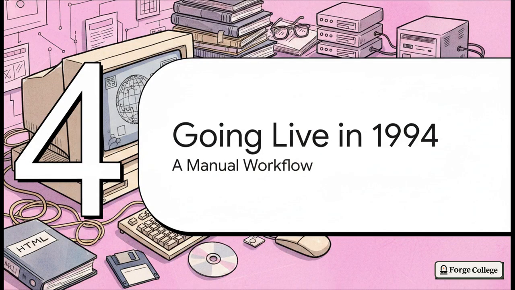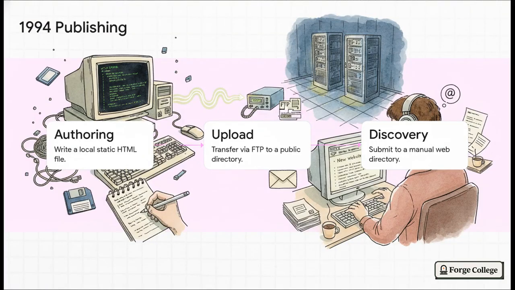Which brings us to Section 4, going live in 1994, a surprisingly manual workflow. Let's ground all this high-level protocol theory in some stark reality, right? Imagine it's 1994 and you're an academic trying to publish your homepage. To get a page online, you had to follow 3 incredibly manual steps. Step 1, authoring. You had to physically write the HTML code locally on your computer in a basic plain text editor. Step 2, upload. You painstakingly transferred those exact files over the network using FTP into a specific public_HTML folder